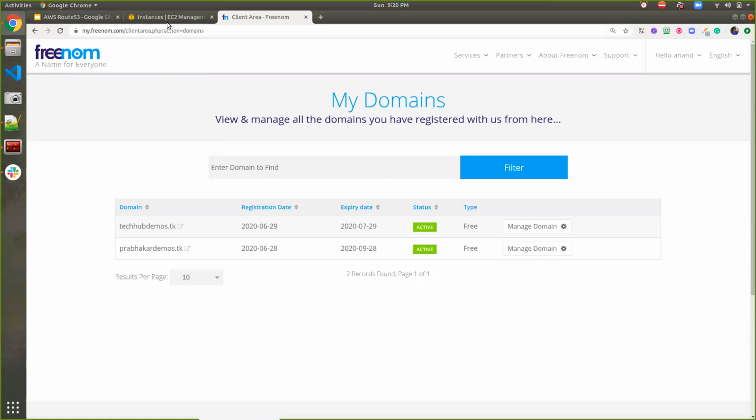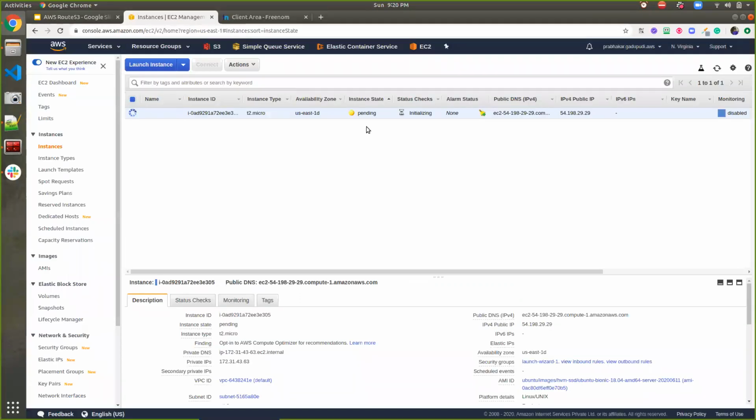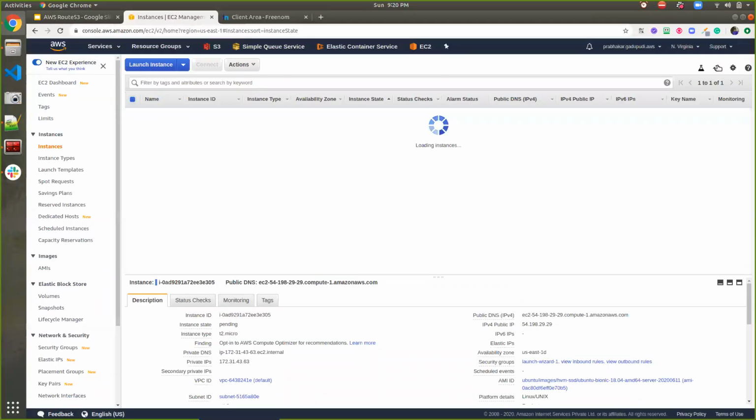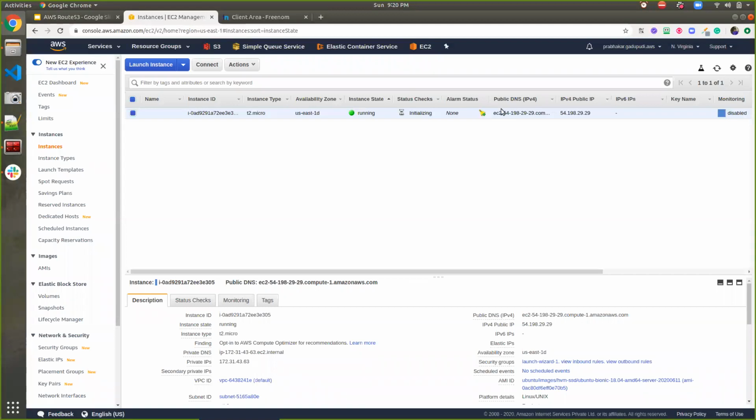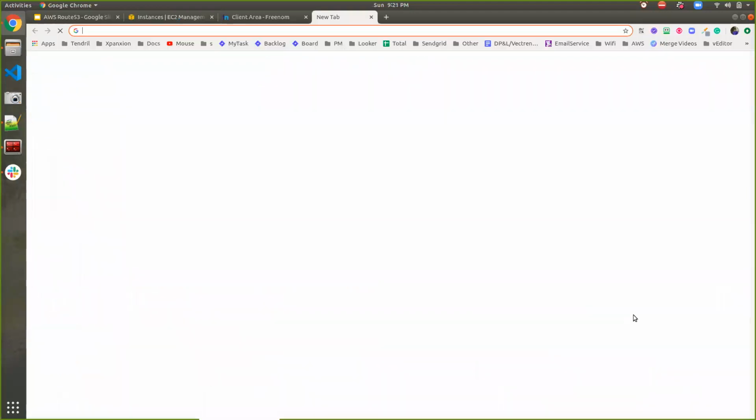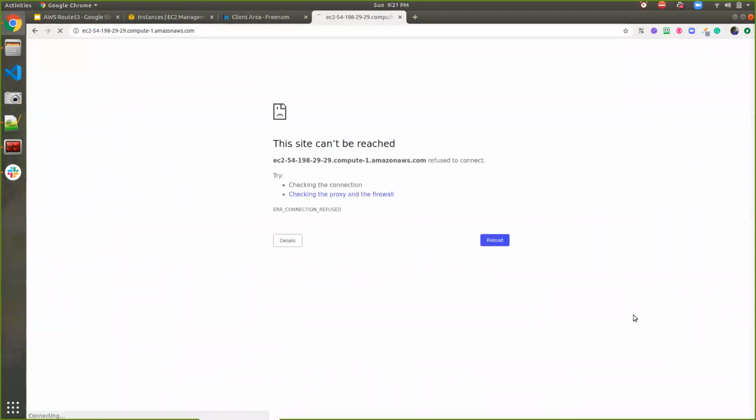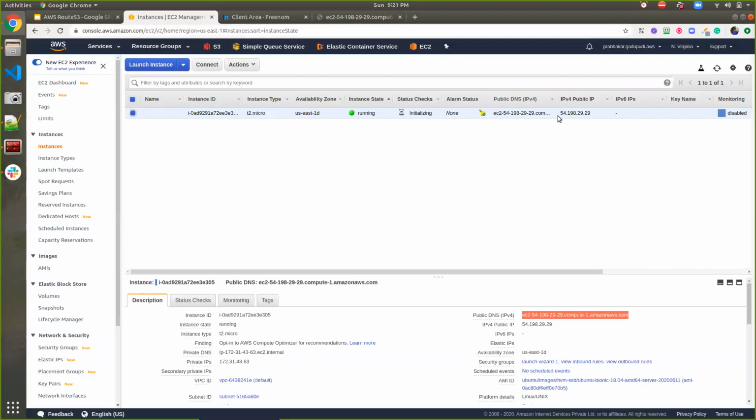Okay, so if I go here and refresh the page, my server is up and running, and I can access my web application by using the public DNS for AWS as well as the IP. Either I copy this public DNS and paste it here, okay, it will take another couple of minutes or seconds to update the website, because I think it is installing Apache as well as updating the package manager. So let's wait for a couple of seconds.